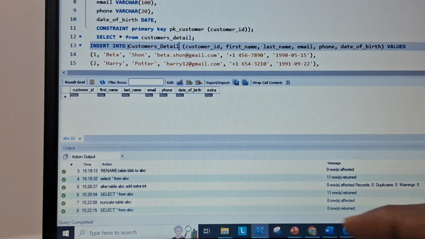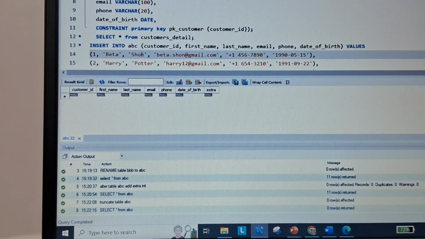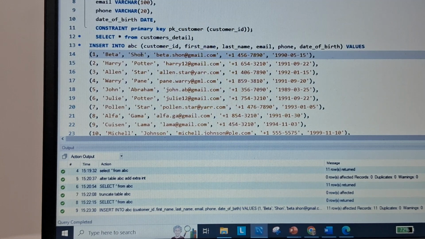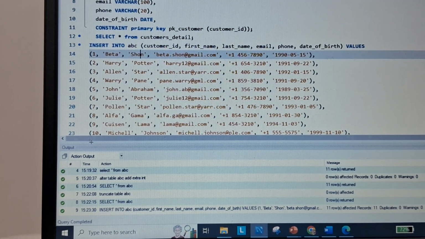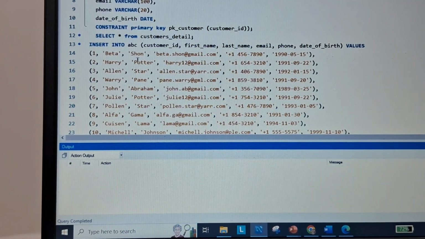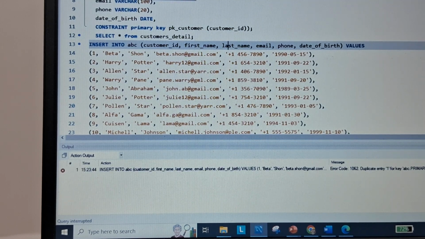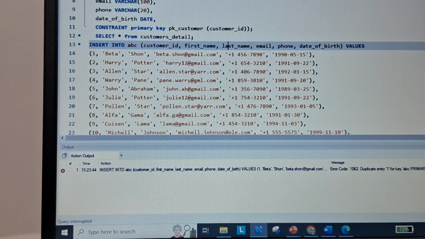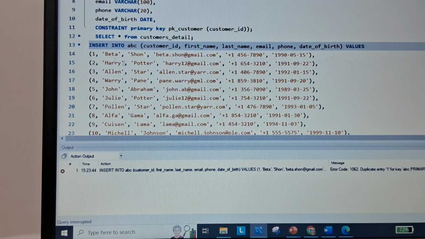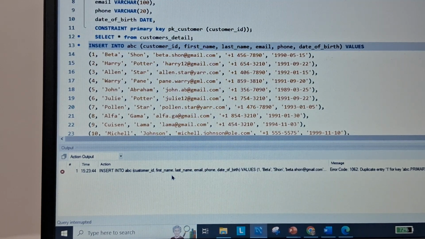So I'm just writing it as ABC, and I will hit Ctrl plus Enter to execute this command. So values have been inserted. On running it the second time, as there is also a primary key, it is just giving me an error. It is saying that values are already included in it, and duplicate values cannot be inserted.